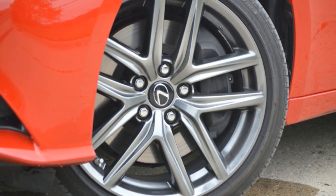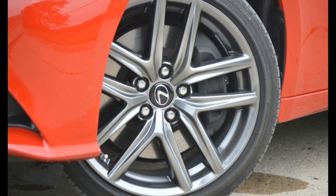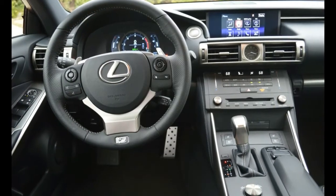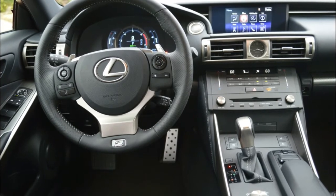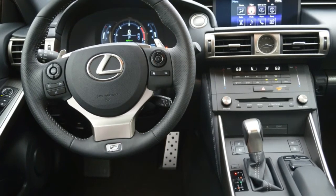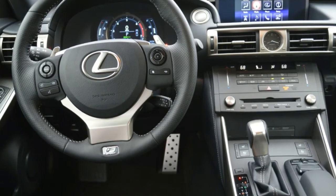authoritatively. Being a newly minted engine and a Toyota brand product, you'd expect the IS 200T to be class-leading or right there in terms of fuel economy, too. With ratings of 22 and 32 miles per gallon, city and highway, it isn't. Both the BMW 328i, 22 city, 30 highway, and the Mercedes-Benz C250, 25 city, 30 highway, do better,